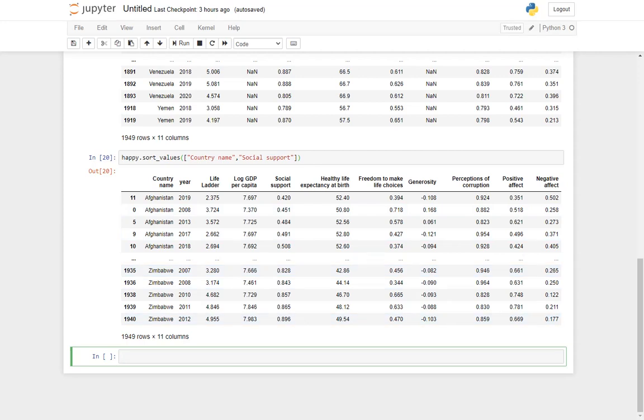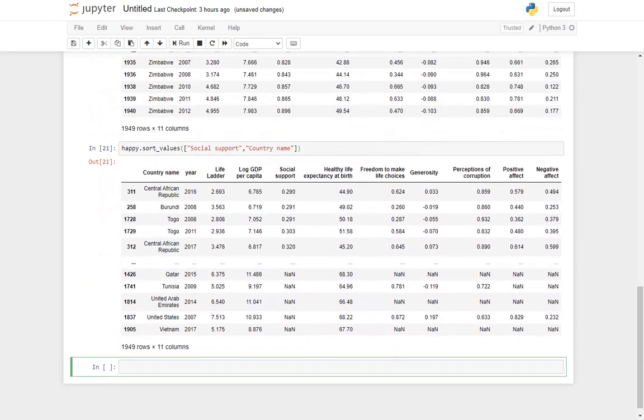But if you want to change the order, let's say I first want to sort it depending upon social support. Let's say you want to sort the names of the students first on the basis of the surname and then on the basis of the name, or vice versa. So whichever attribute or column you are giving the first preference should be mentioned first, and then the other one.